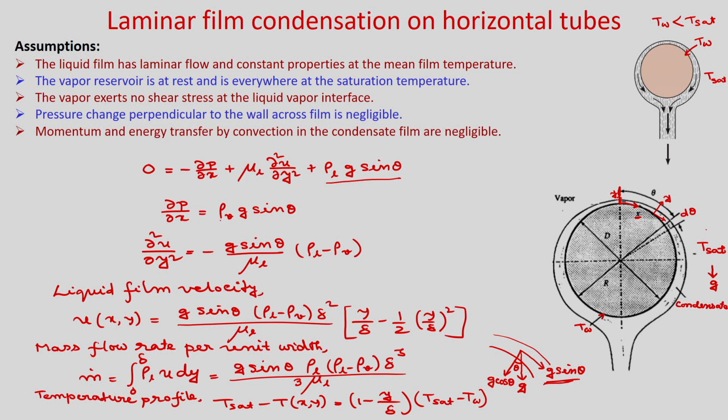Obviously we do not know that thickness, but we know that the mass flow rate will be 0, because it is a symmetric line. You can see in this particular case that at the vertical line it is symmetric, because whichever way it flows here, it will also flow the other way. So due to symmetry, at this line your mass flow rate will be 0. In the earlier case we evaluated the film thickness, but here it is difficult, because you do not know the thickness of delta at x equal to 0. Hence we will use a separate route where we find the mass flow rate.